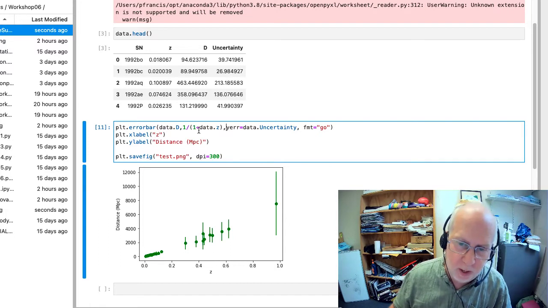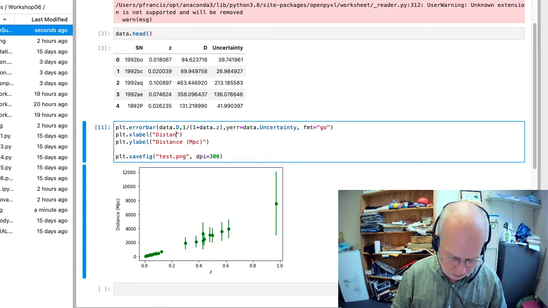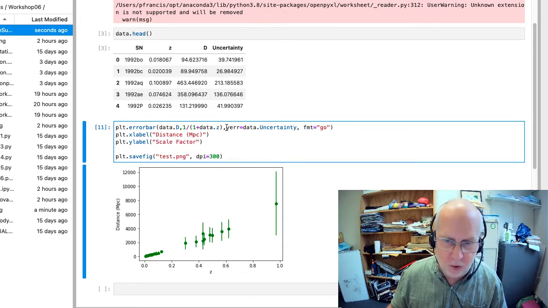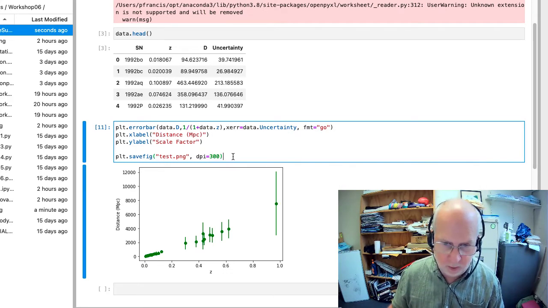So what it's doing is it's computing a new set of data, each of which is 1 over 1 plus the old data. And that's going to be the distance. And this is going to be scale factor. And now the errors are going to be in x, not y. So let's do it this way around. And if you run this,